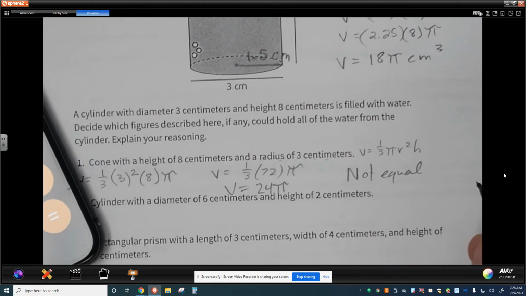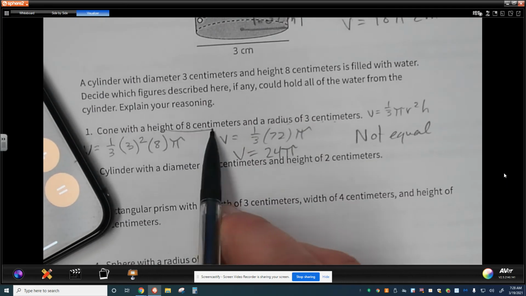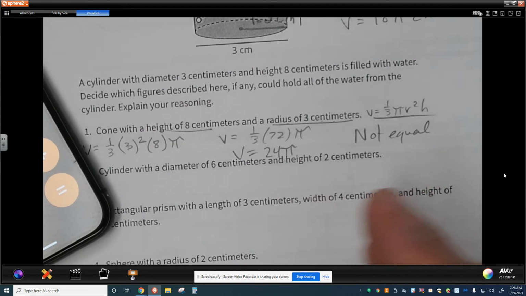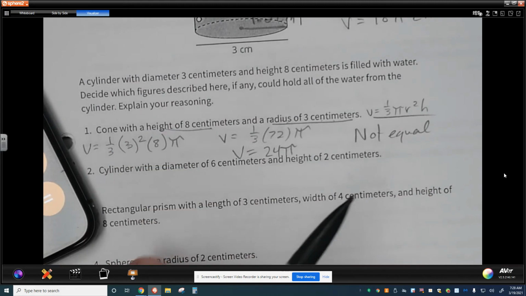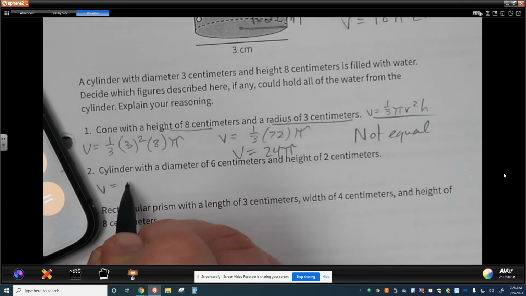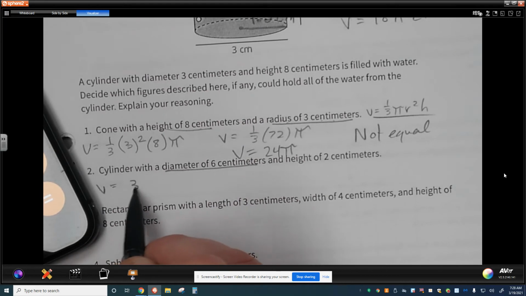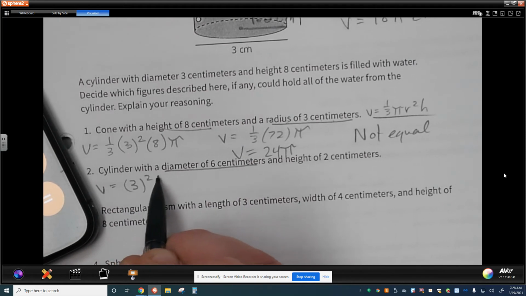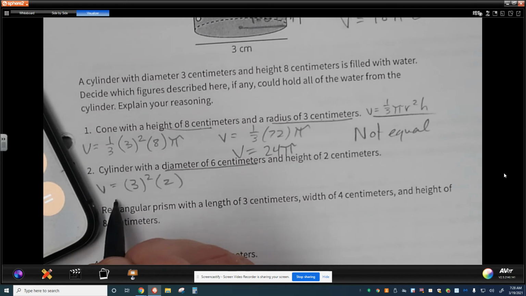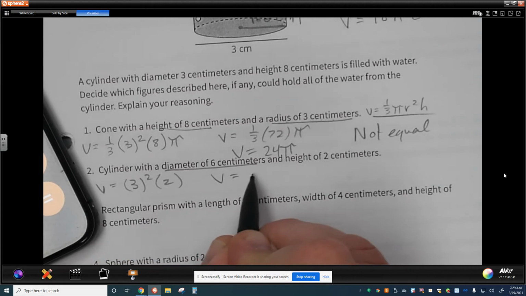And then explaining my reasoning: when substituting the height and the radius into the formula, I find out that it's not equal. Here's a different cylinder that's equal to the radius. We see a diameter of 6 centimeters, so the radius will be 3 squared times the height of 2. This one actually looks like it'll probably work because we're now looking at a volume of 9 times 2,